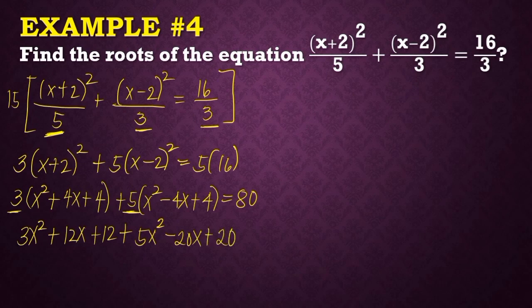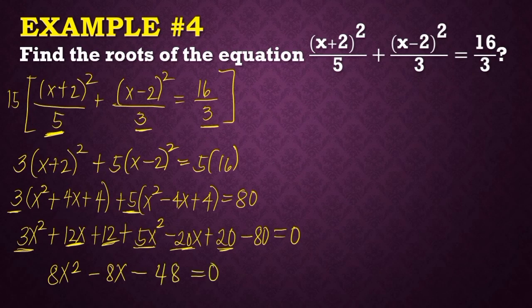And then, etong 80, ilipat natin siya sa left side. So, magiging minus 80 equals 0. Now, we combine like terms. 3x squared tsaka 5x squared, 8x squared. 12x minus 20x, that is negative 8x. And then 12 plus 20, that is 32. Minus 80, negative 48